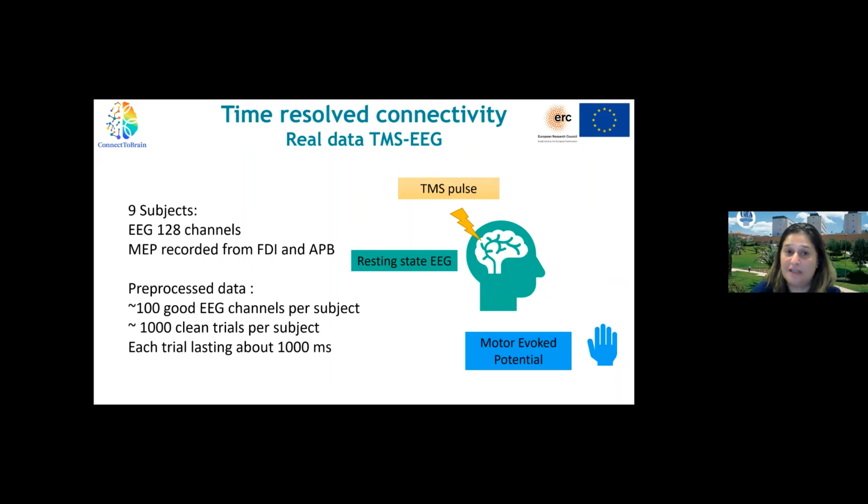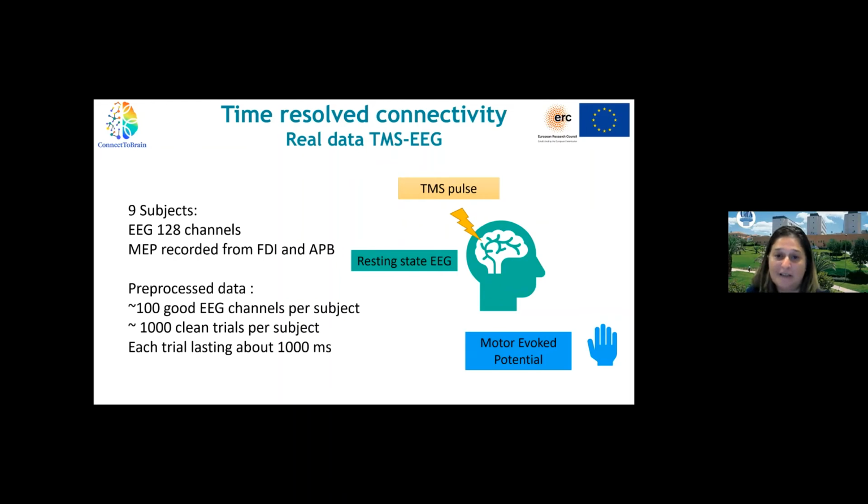But now the question is, say that we can really nicely sample this connectivity also in real time, although with some limitation, would this connectivity have anything to do with the effect of the TMS pulse that we will deliver, like Christoph has nicely shown for the phase of one location? So in order to understand this, we used data from the project acquired by the Tübingen group.